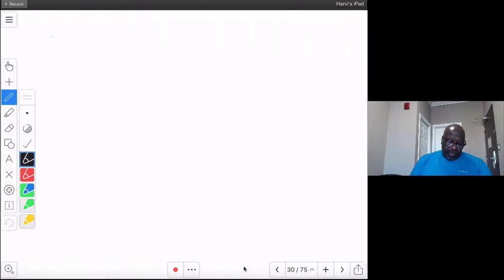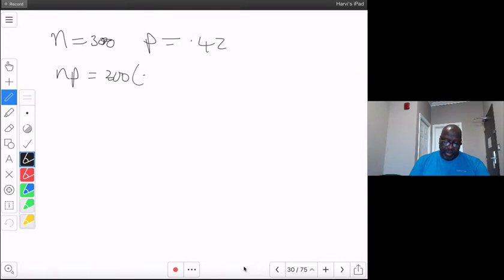So what are we given? We know our sample size taken is 300. We know our population proportion is 0.42. And so if we were to do the test, we know that 42% of 300 is greater than 5. So let's just write it out anyway. NP is equal to 300 times 0.42, which is greater than 5, and